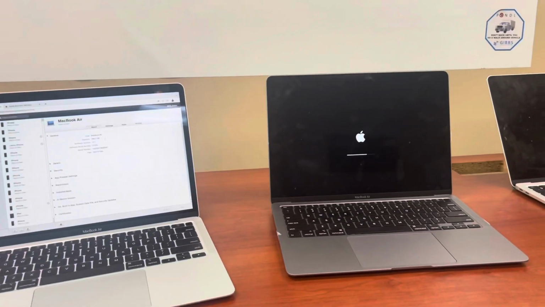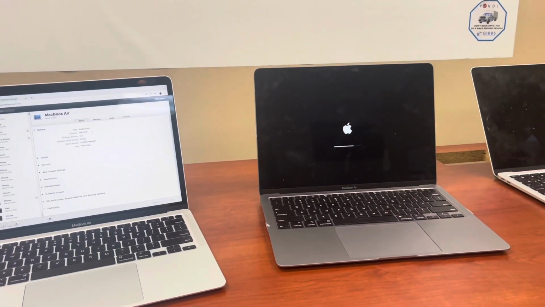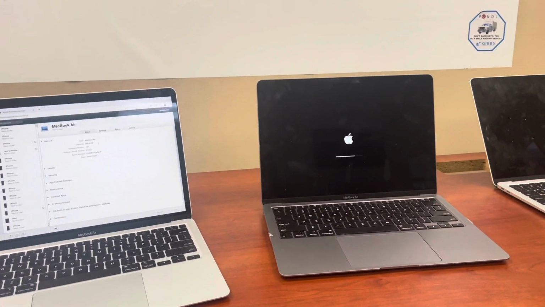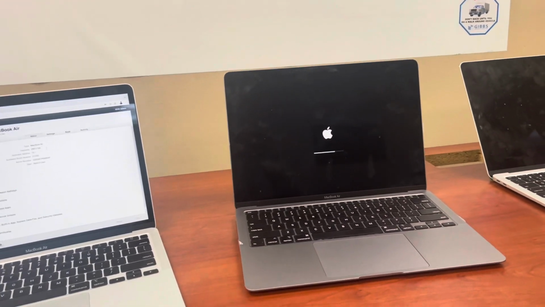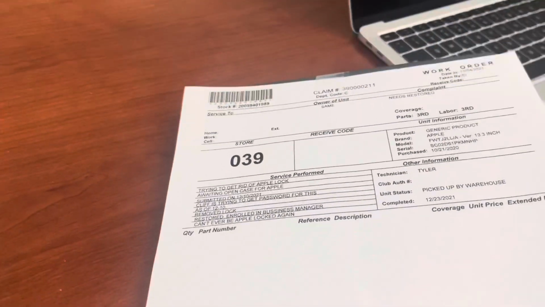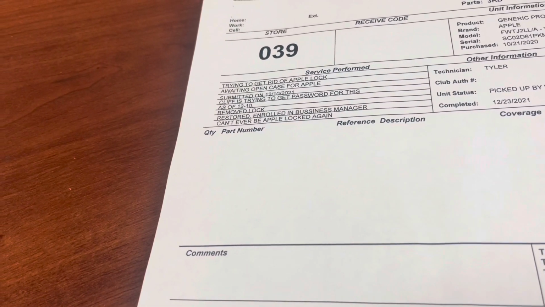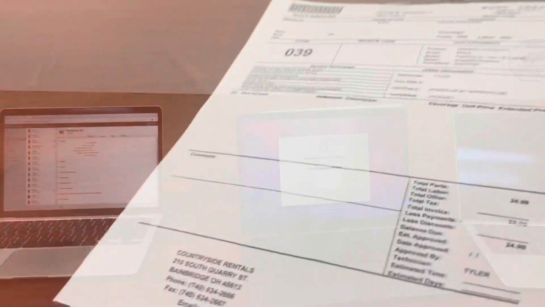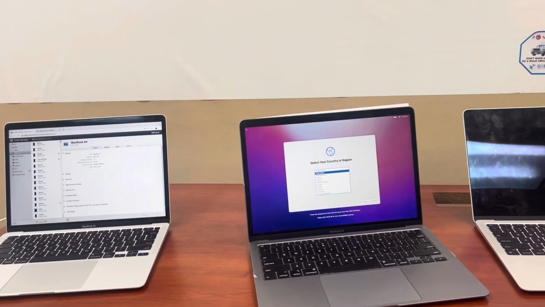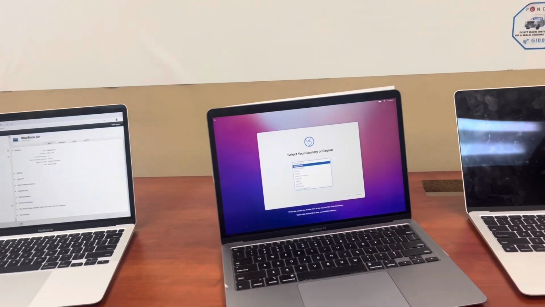This MacBook's going to boot back up to the setup because it's already ready to go. Once I enroll it in Business Manager and write it back out to you on a service ticket, I'm going to use this in the rental unit. It says basically restored, enrolled in Business Manager, can never be Apple locked again. All right, and then for the final step, guys, let's say that we have this enrolled in Business Manager now,